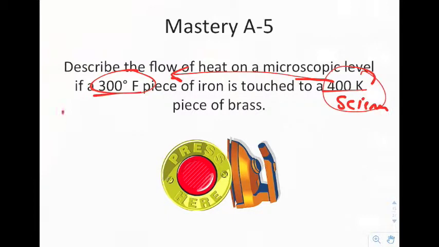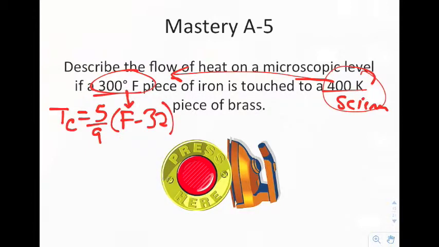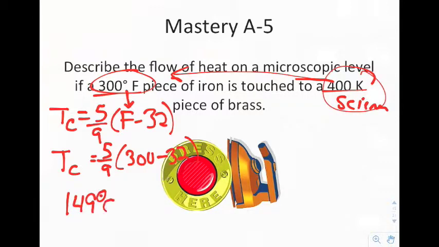So remember, the equation that I have to convert to Celsius is 5/9 of F minus 32. This is my temperature in Fahrenheit, so I plug it in there, and I would get the temperature in Celsius is equal to 5/9 of 300 minus 32. So I get my calculator out, and I say 300 minus 32, multiply it by 5 and divide by 9, and I get something like 149 degrees Celsius. Then I need to take this and convert it into Kelvin by adding 273 to it. When I do that, I end up getting